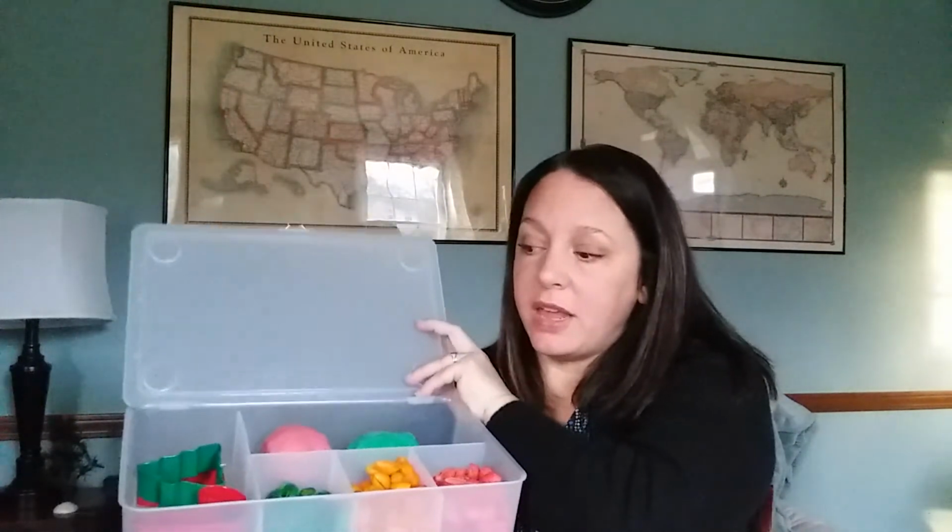So one of them that I did, these are some cute little storage baskets from IKEA. So if you have one of those nearby, these are great. They're very large, and they have a lid that shuts, and then they can hold so much inside here. This is one of my